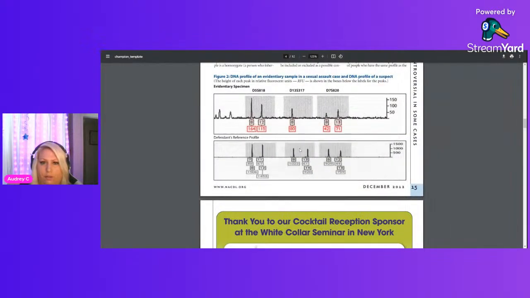Here we go, the middle one. They're saying that these could be similar, but this person clearly is not a match because at the locus D13S317, their peaks are completely different. This is not a match. So I see what they're saying. Some analysts may not include this information when talking to the jury, that this person actually did not match. And these allelic drop-ins and drop-outs have severely affected whatever these experts are saying this profile actually is.